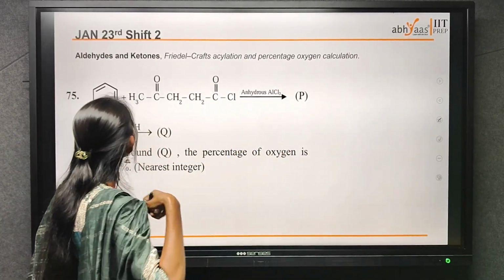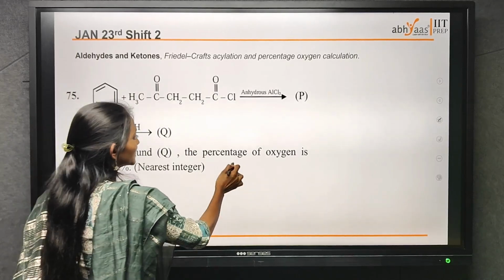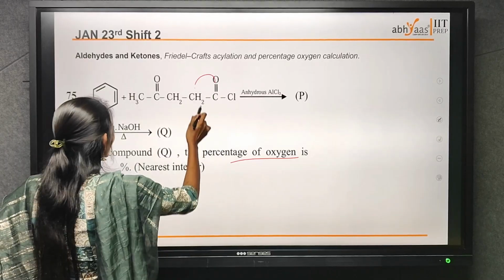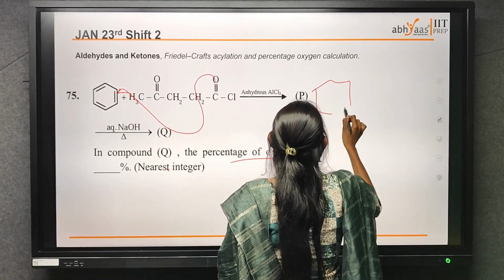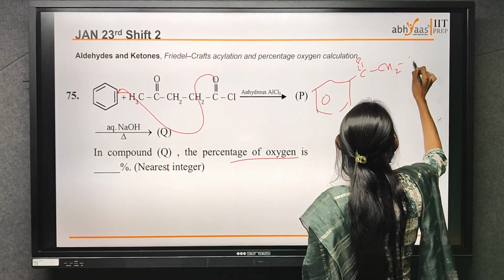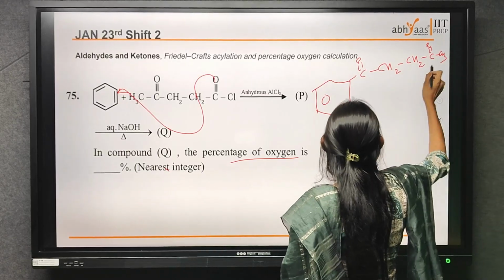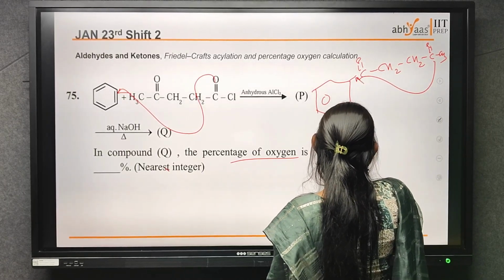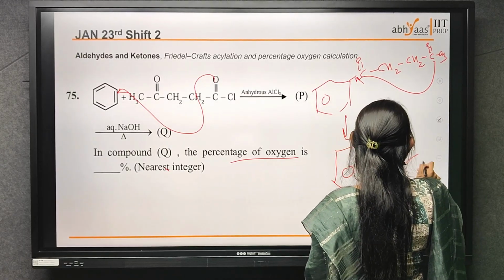Here they're having aldehydes and ketones. This question was asked from aldehydes and ketones. They're asking the percentage of oxygen. We need to complete the reaction as well. See here, this carbon is going to attack at this position and follows what here? C double bond O, CH2, CH2, C double bond O, CH3. This alpha hydrogen is going to attack at this position carbon, and you are getting your molecule, that ketone molecule,